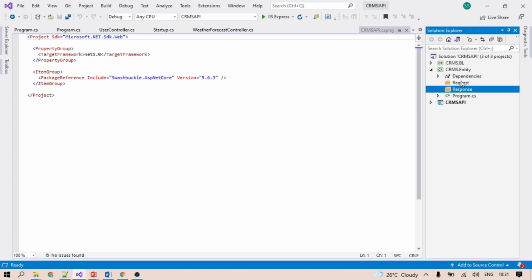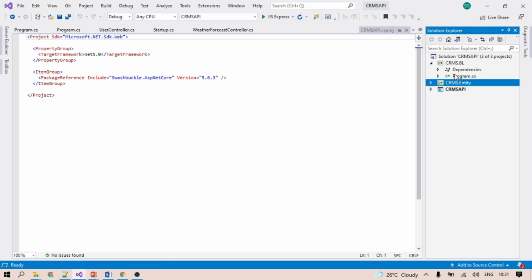And whenever we have processed the data, identified and executed the solution, the response class will be responsible for creating the response which we need to send to the client. So request is coming and response is going from the API. These are responsible for that.